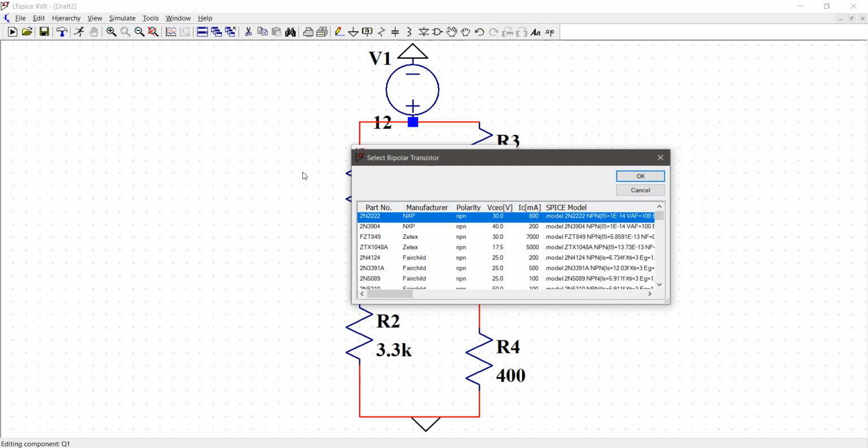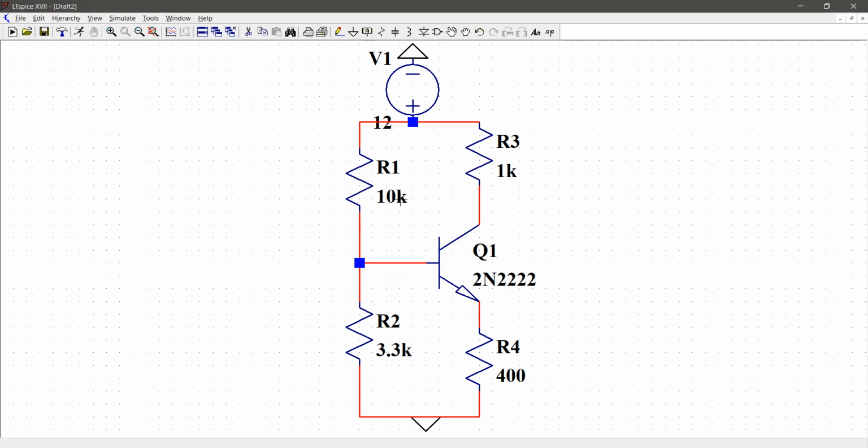Let's go ahead and select the 2N2222 general purpose NPN transistor. So now this Q1 has been assigned 2N2222. So this will use the model of this 2N2222 transistor in order to simulate the circuit.